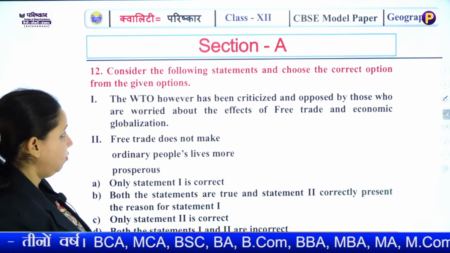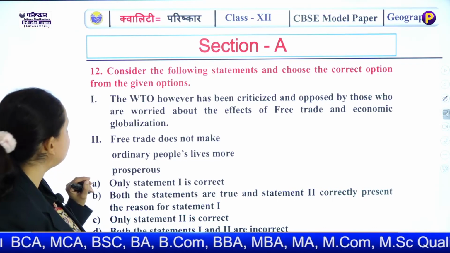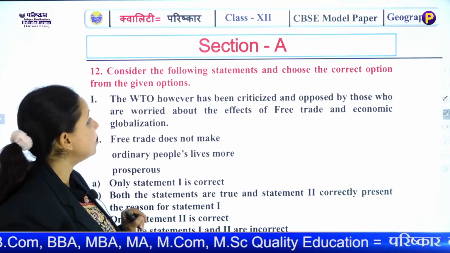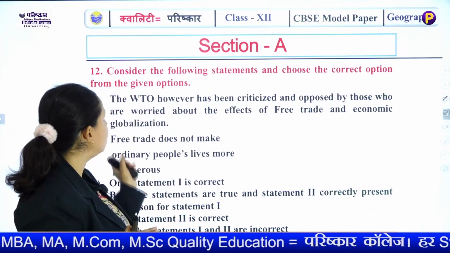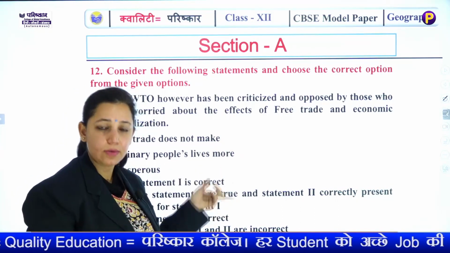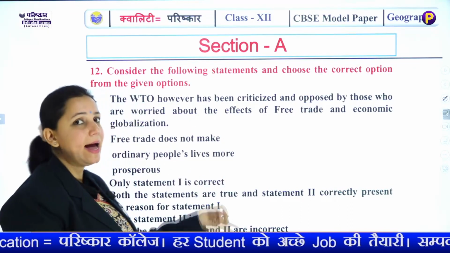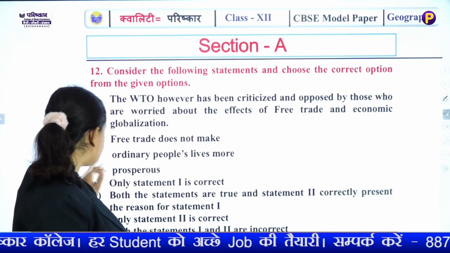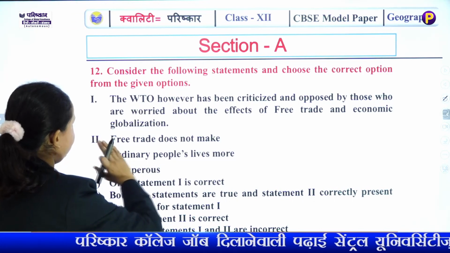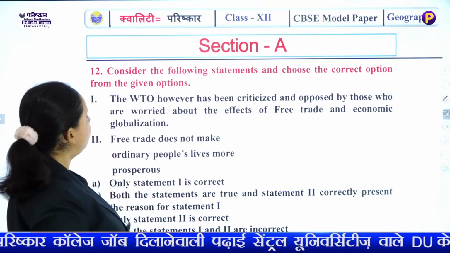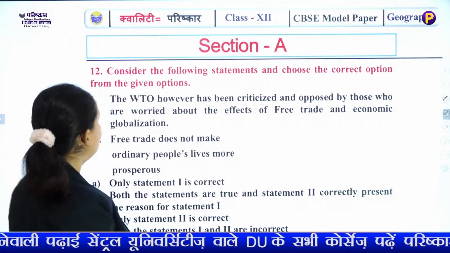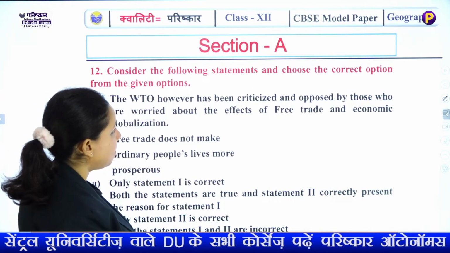Question number 12 gives you 2 statements. Consider the following statements and choose the correct option from the given. Now you have to consider both these statements, read them carefully, and then read what is asked in the option itself. The first statement tells the World Trade Organization, abbreviation WTO, however, has been criticized and opposed